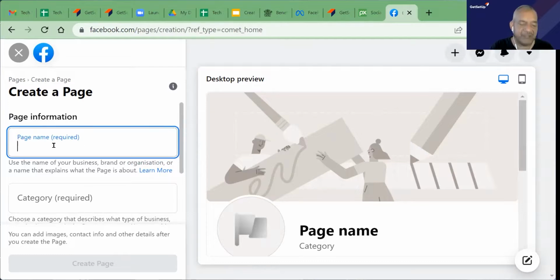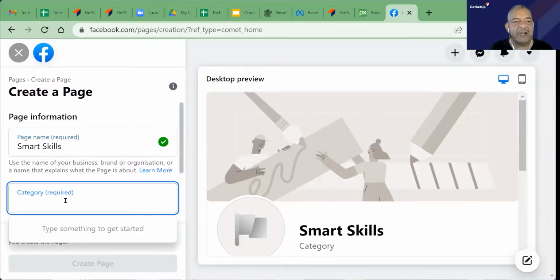Okay. Page name, if I write here, Smart Skills. You see, as I am entering the information, page name, as I write here, Smart Skills, it starts getting typed here in the view also. Okay. Category required, it says, I just write here, say,